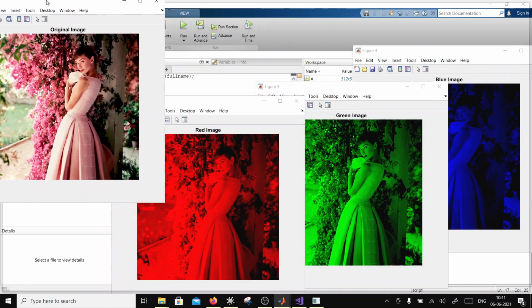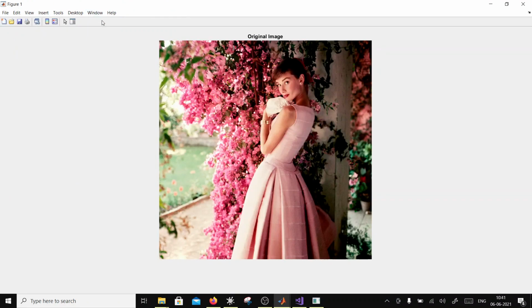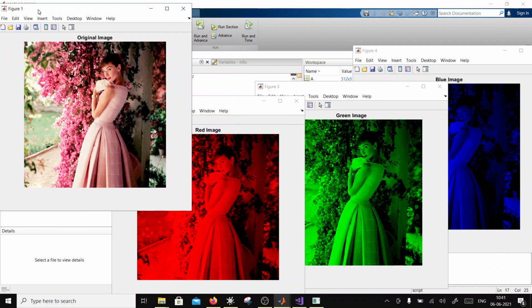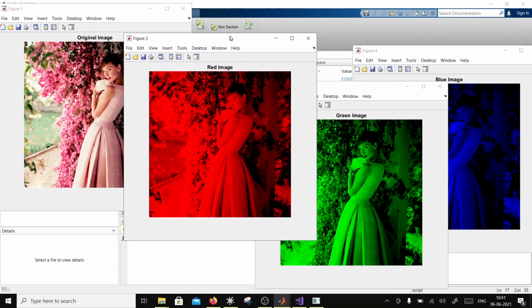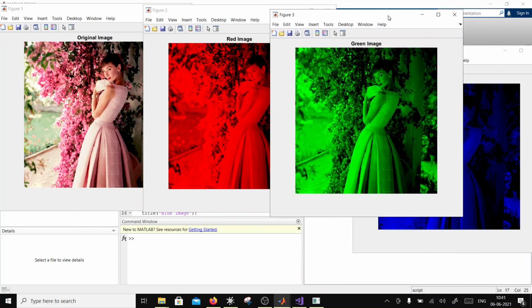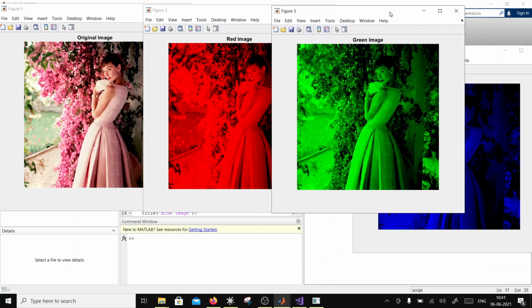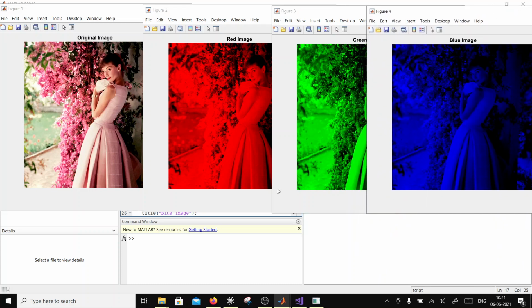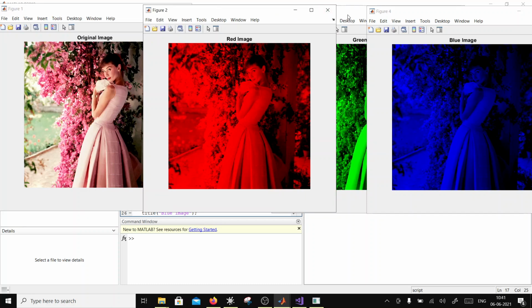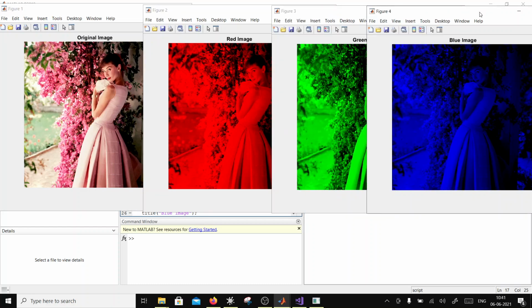Okay, so that's your original image. That's your red component of that image. That's your green component of the image. And that's your blue component of the image. Okay, original, red, green, and blue.